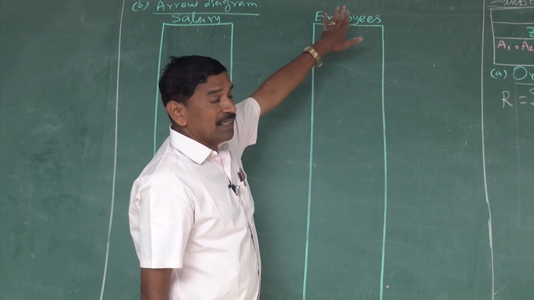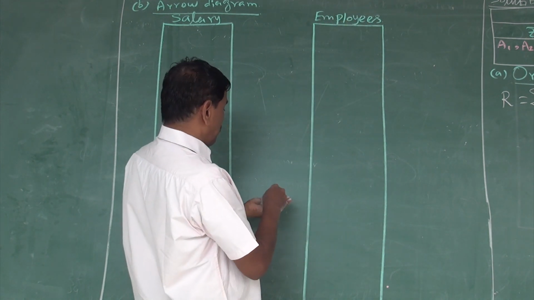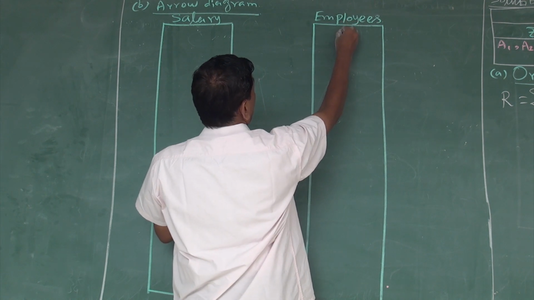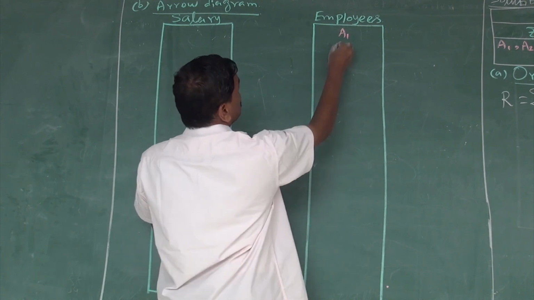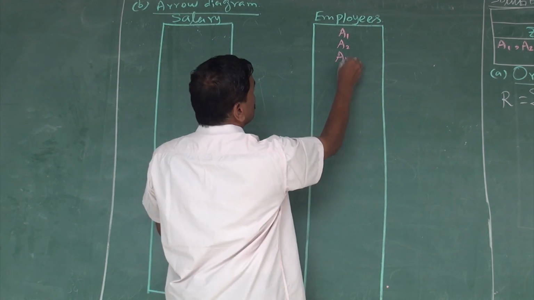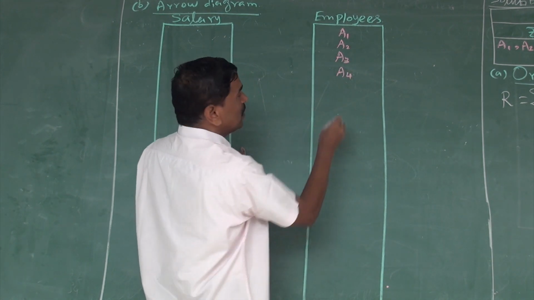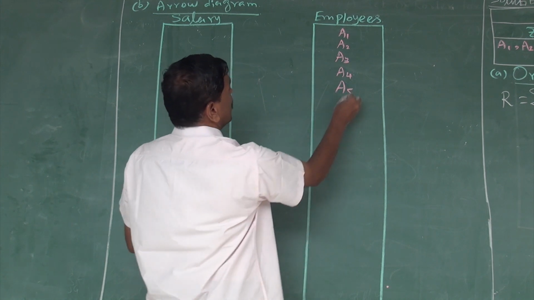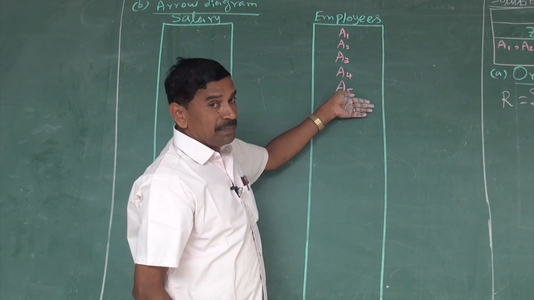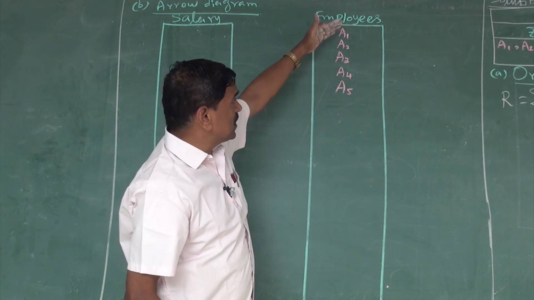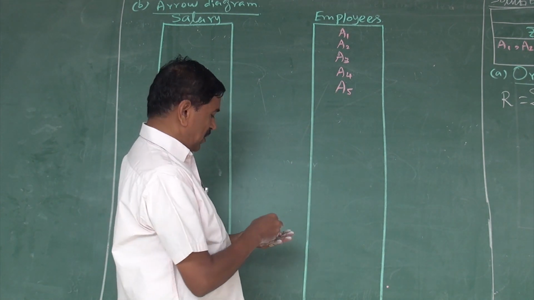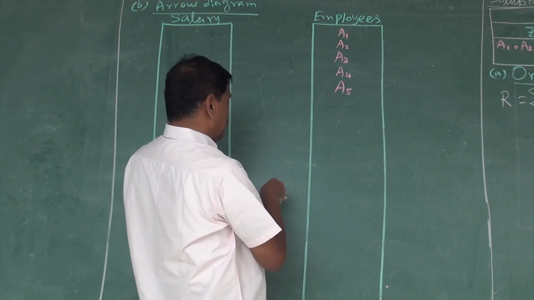Let us first fill in the employees for our convenience. The first employee is assistant 1. Listen carefully. Assistant 1, assistant 2, assistant 3, assistant 4, assistant 5. Then assistants are over. Then leave 1 finger gap to differentiate. Let us keep assistants separate, clerks separate, managers separate, and executive officers separate. That is why we leave a 1 finger gap, then start the clerks.